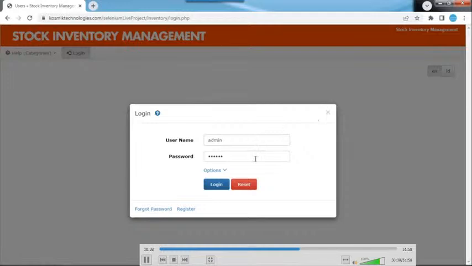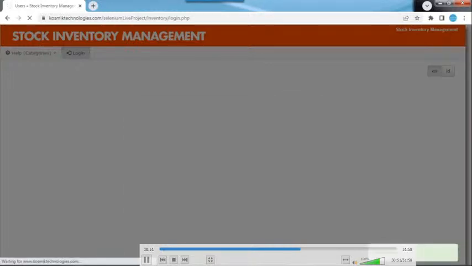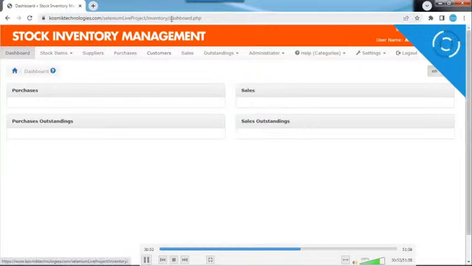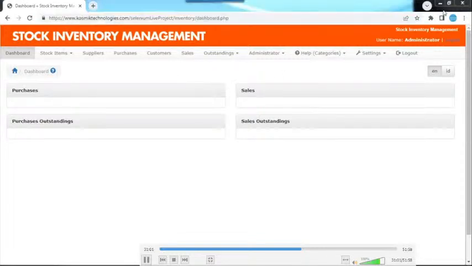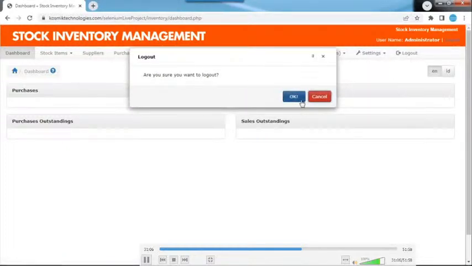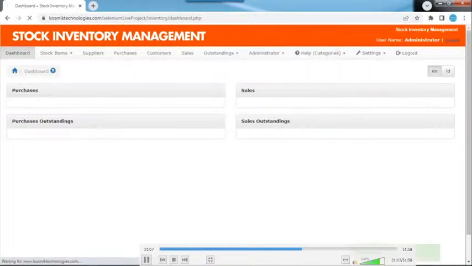What is the meaning of positive testing? Giving a valid username and valid password. Both are valid. The username is valid and the password is also valid. Now I'm clicking the login button. What will happen? It will take me to the respective page. So it is working as expected. This kind of testing we call positive testing. Positive testing means we are providing valid user ID and valid password, valid credentials.